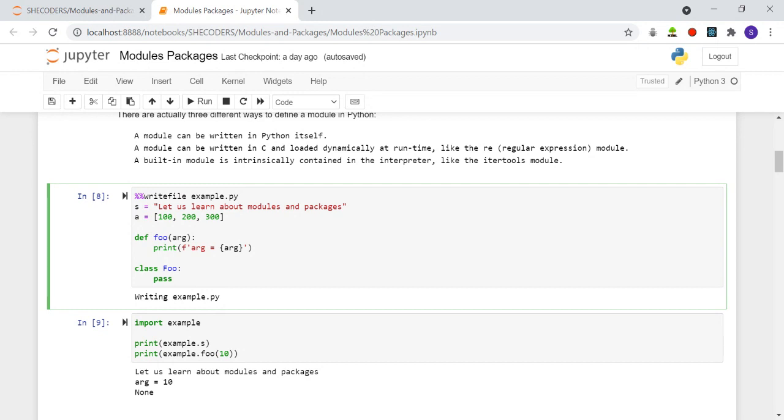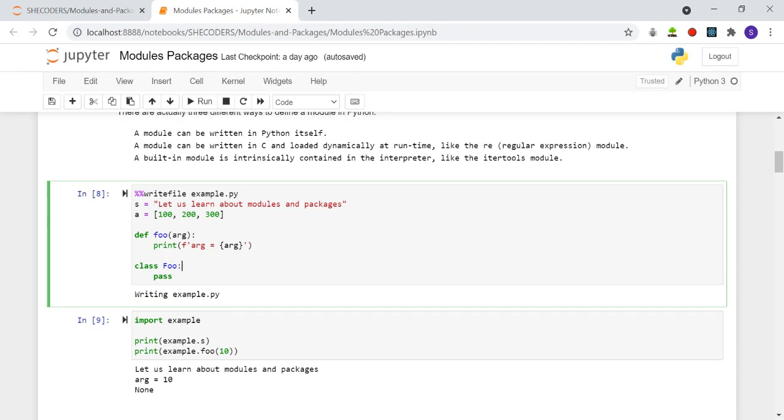So I have taken a string and an array. Array is basically a list here. We have already covered that. And there is another function here named foo, and it prints the argument which is passed on to it. There is also a class here. It doesn't have any specifications. I have simply mentioned pass, indicating that there is nothing to do inside it. It is an empty class. So for example, when we execute it,